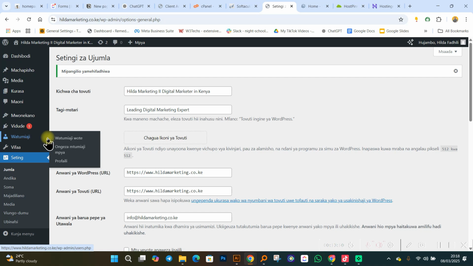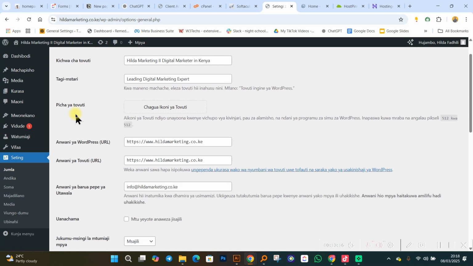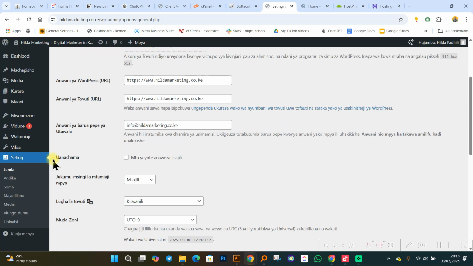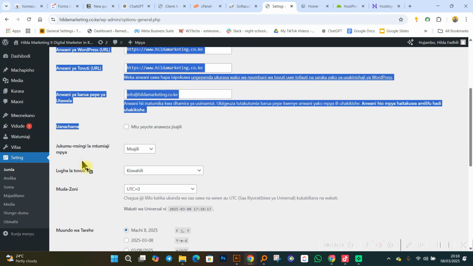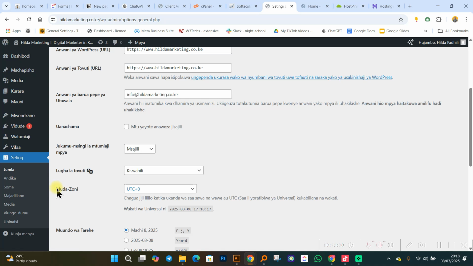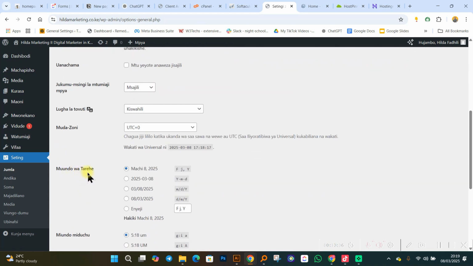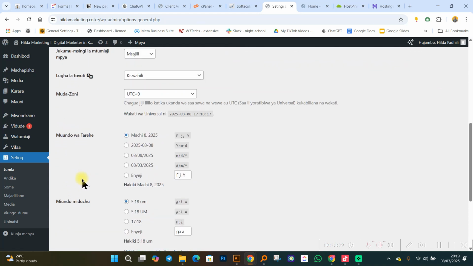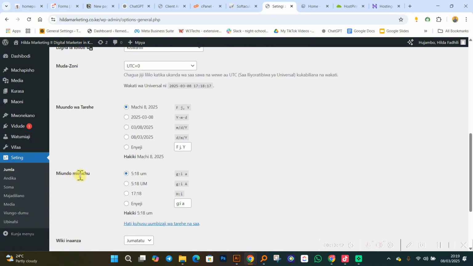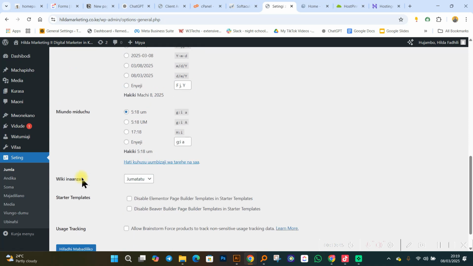If you are a Swahili speaker, you can look at things like the site title and tagline. I know many Kenyans can't even remember some of the things you covered in Kiswahili. Since you finished school essays and composition, you've forgotten everything. Let me teach you a few things. Time zone is called muda zoni. Ask a Kenyan and they will tell you time zone. Muundo wa tarehe, date format. That is what it means. Miundo midogo. You see, it's easy. For example, if you're from Tanzania, you don't have to worry when it comes to creating a website. Probably there's someone who doesn't know Monday is Jumatatu.